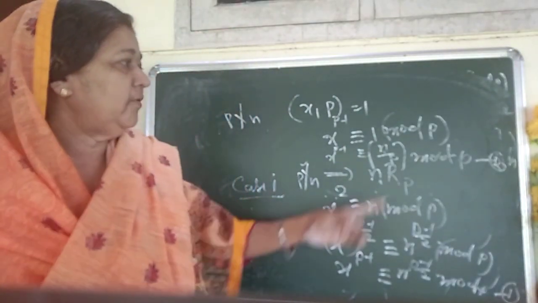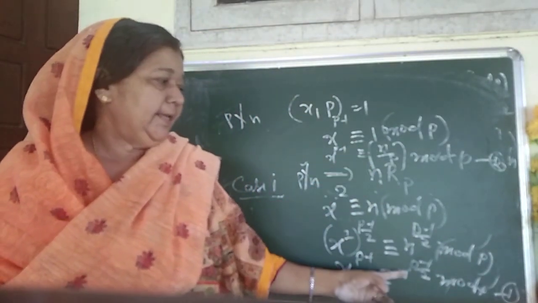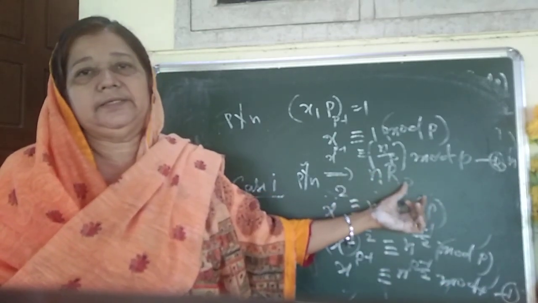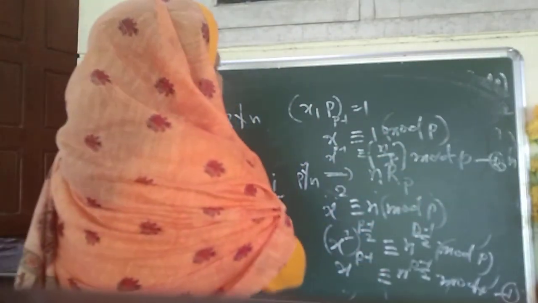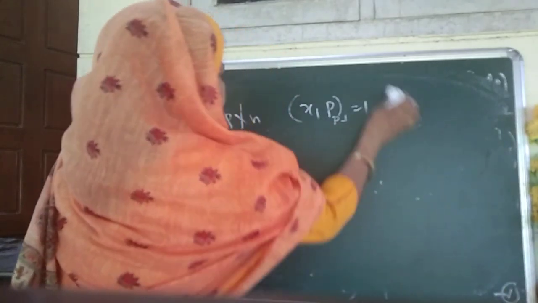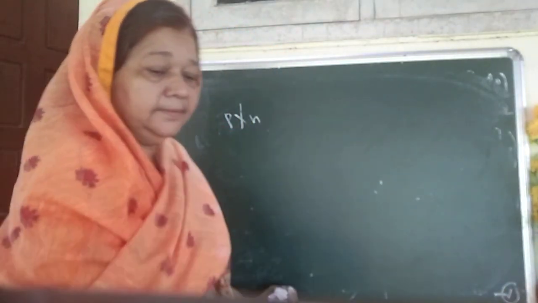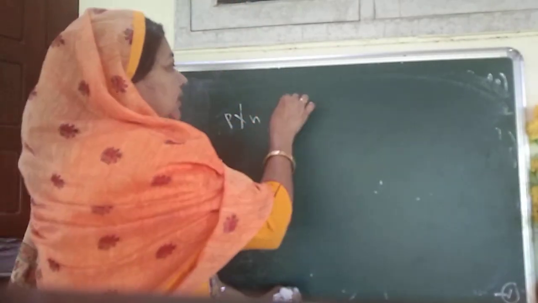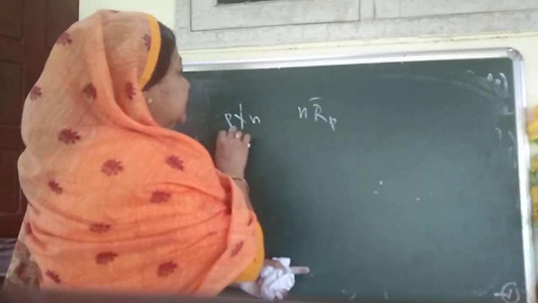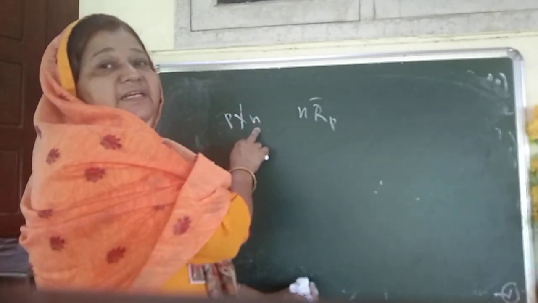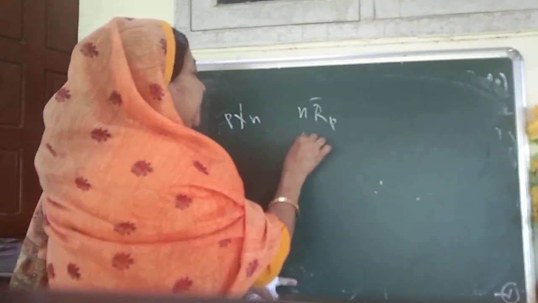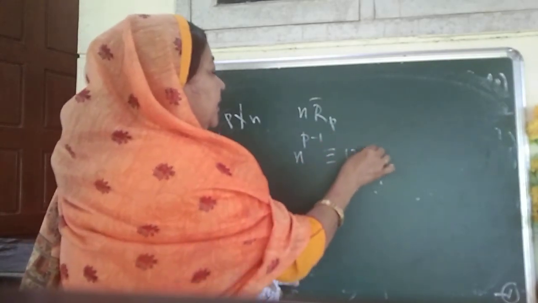From 1 and 2 we have (n/p) is congruent to n raised to (p-1)/2 modulo p if n belongs to the quadratic residues modulo p. Then for the third case, consider n in the non-residues. Since p does not divide n and p is a prime, they are relatively prime, so we can apply Fermat's theorem, that is n raised to p-1 is congruent to 1 modulo p.